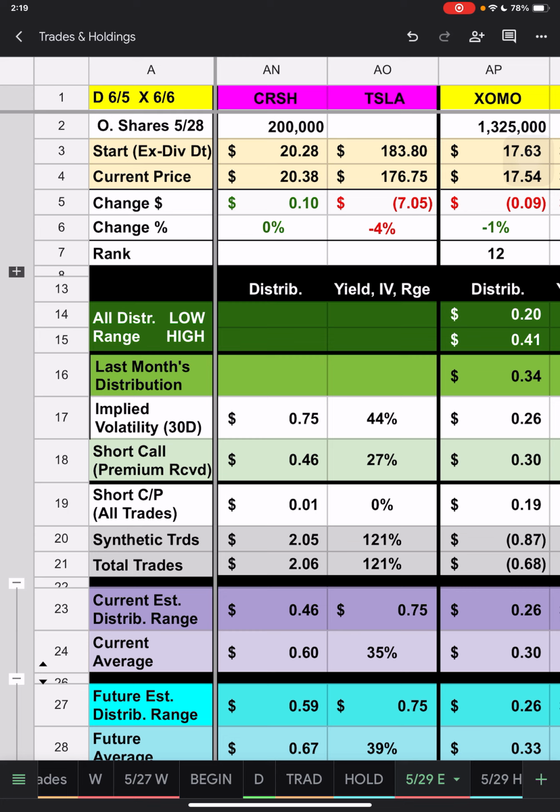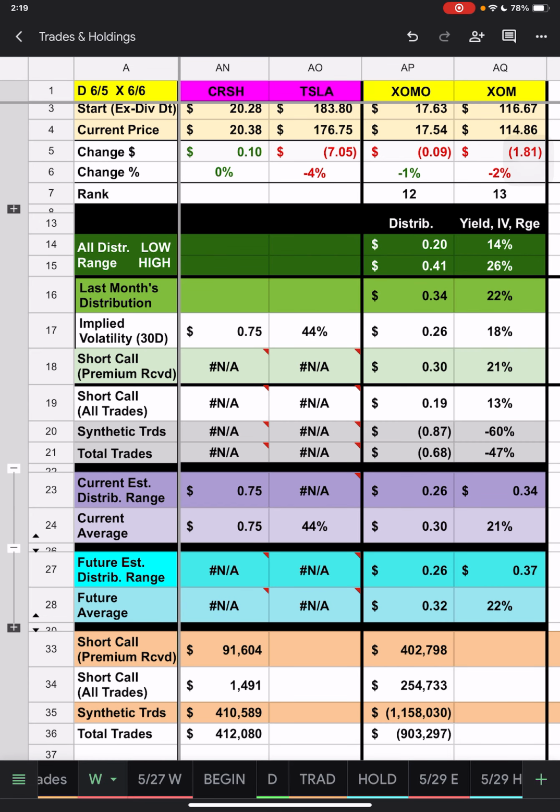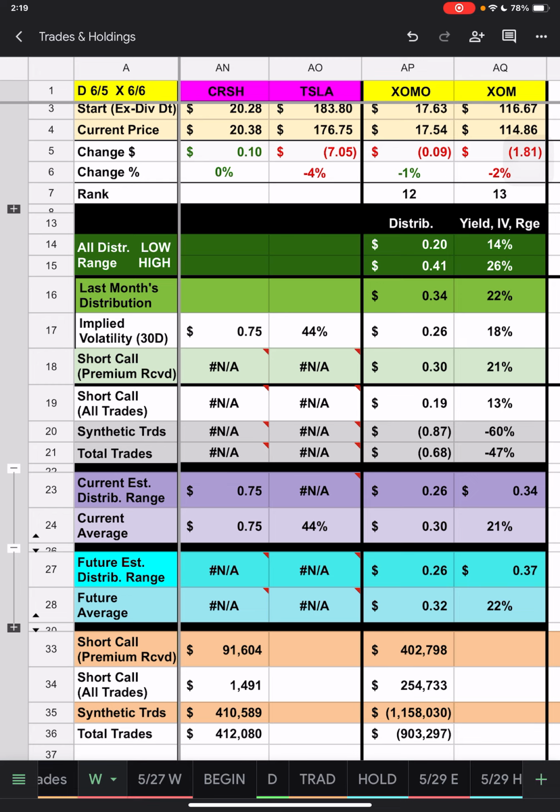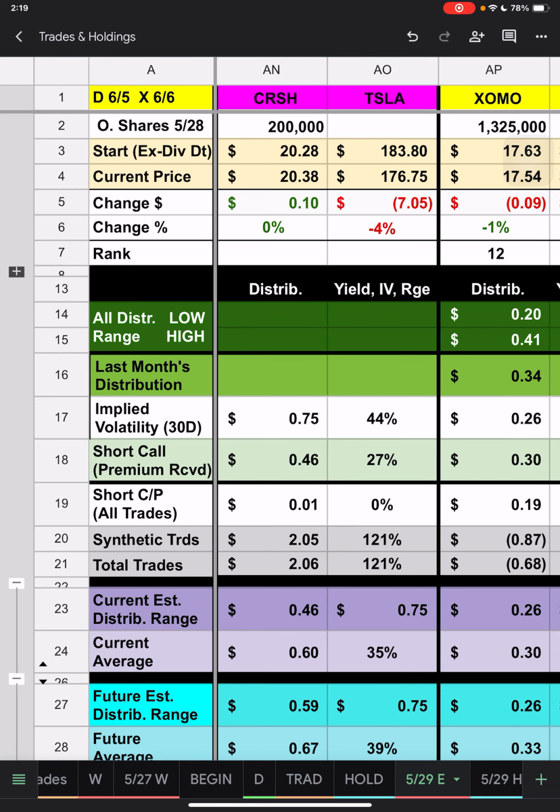This one will be new. We'll see how this goes. But I'm glad to have gotten that information at least, so we can have those new ones there. But of course, just remember GDXY is brand new, so it should not have a distribution. But Crash, I showed, came out, I think May 3rd, I believe it was, which was last declaration date. So it should have a distribution here.